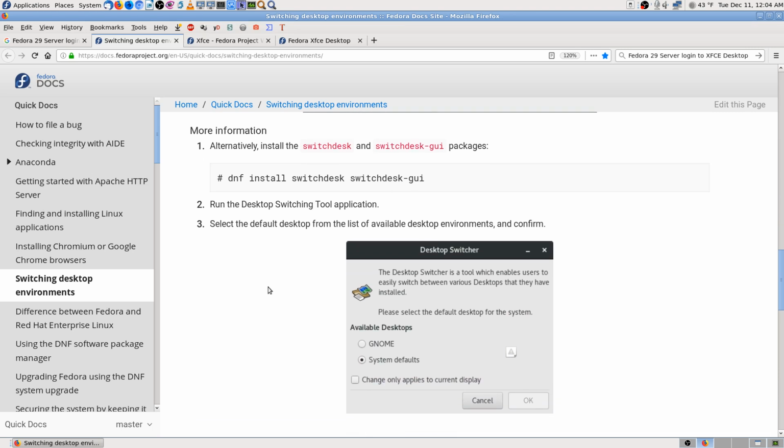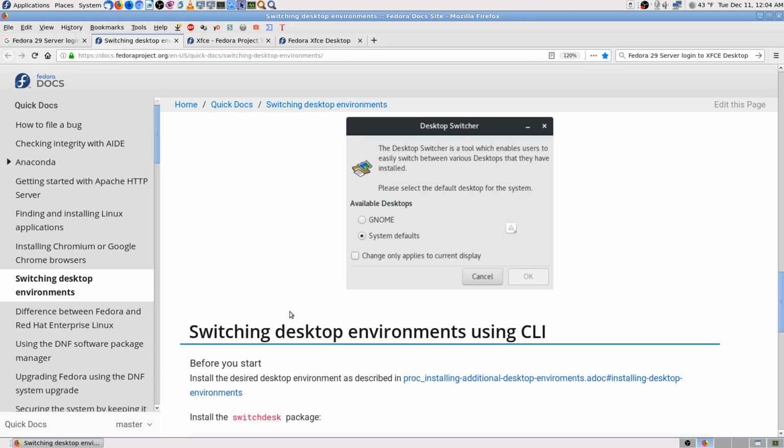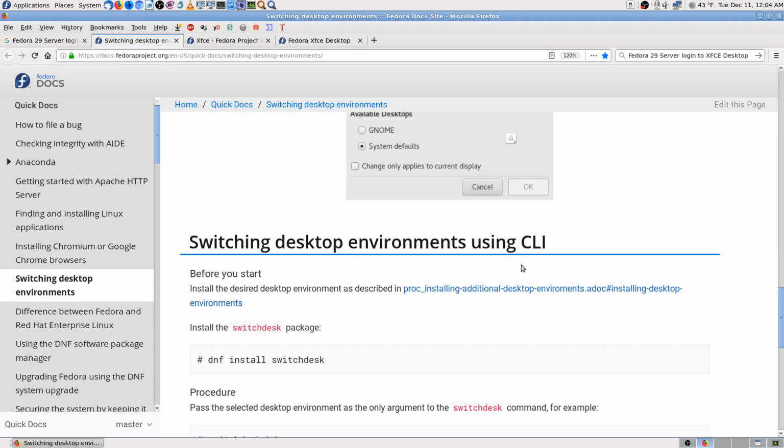Okay. Run the desktop switching tool. Okay. Select the default desktop list. Now this looks to me like it would let you do it from the GUI and just switch. But I'm not wanting to switch desktops. I just want to log into the one that I want. And then it says switching desktop